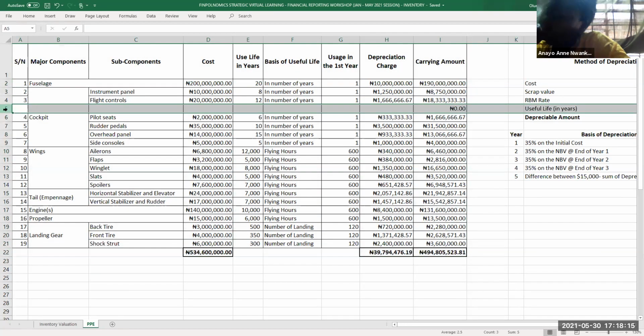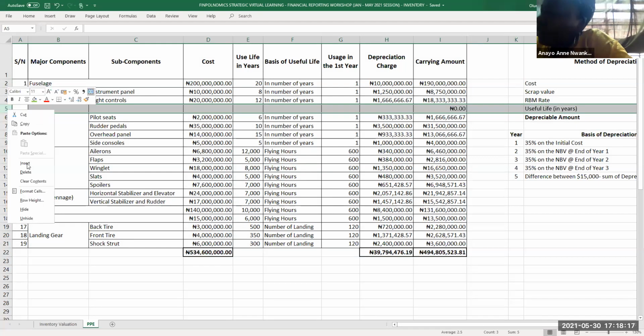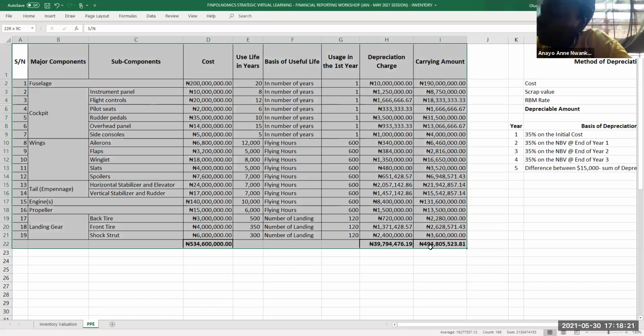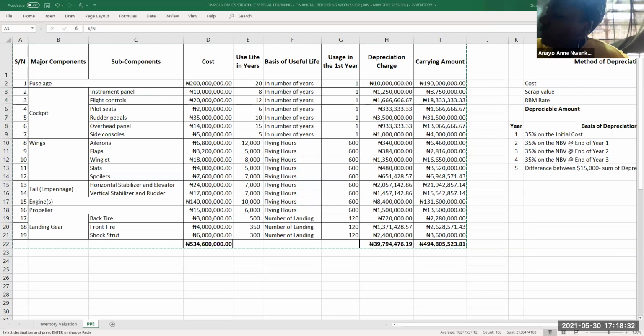Okay. The other part is that theory that land is not a depreciable asset, and we made mention of saying that depreciation is not because an asset is